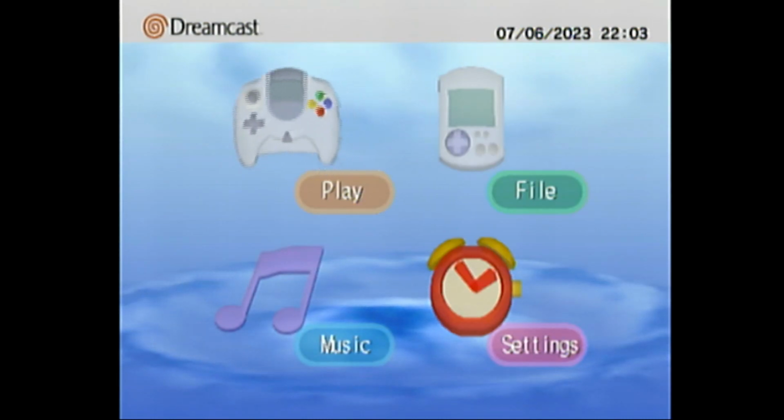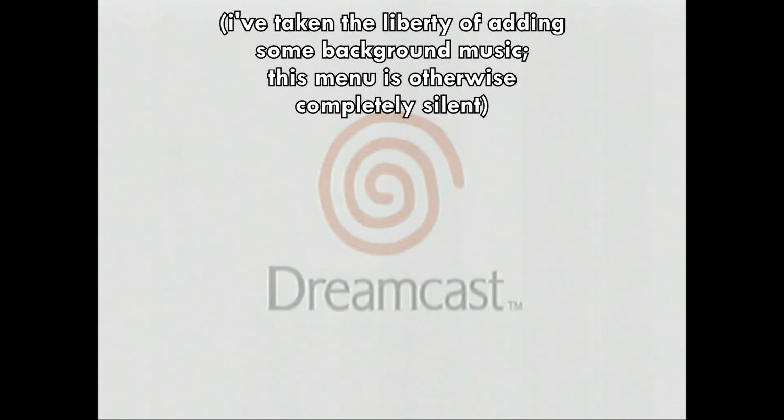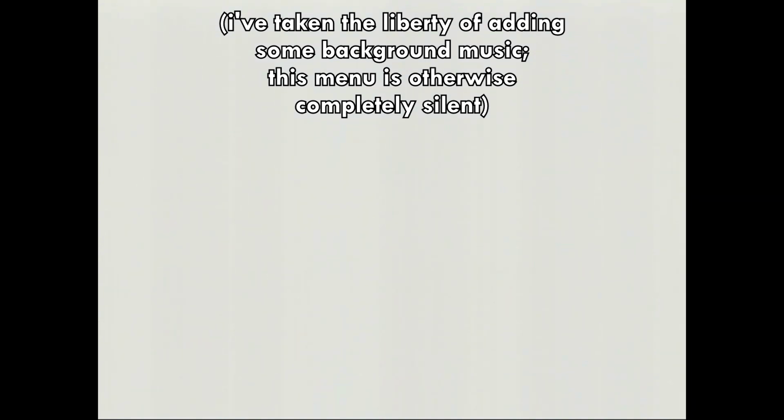So here's a bit of an odd one for you. I was looking for a CD-compatible rip of Capcom vs. SNK 2 for the Sega Dreamcast, and I happened to stumble upon this seemingly fan-made Capcom vs. SNK Millennium Collection. And so I kind of put together that this would, of course, be a collection of various